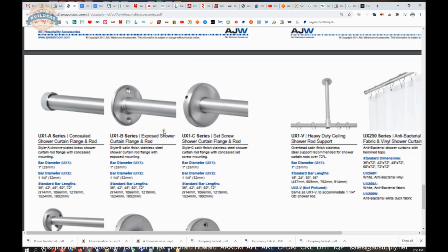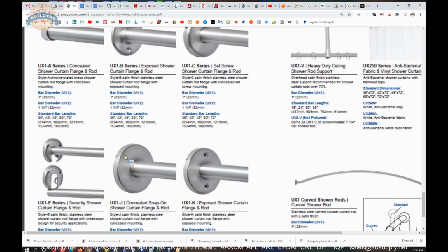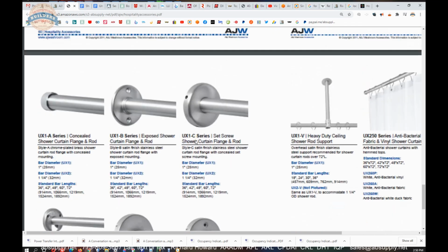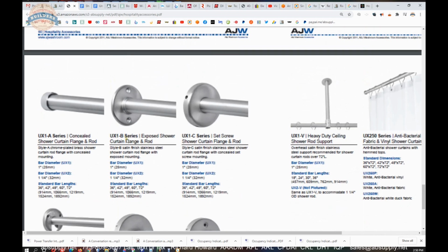Okay, putting you in a position of not having to peel that back off and away. The C is fairly common. The J, I would have to say, is less common. The B is incredibly common because it's less expensive, a thinner plate that is surface mounted, but the A is